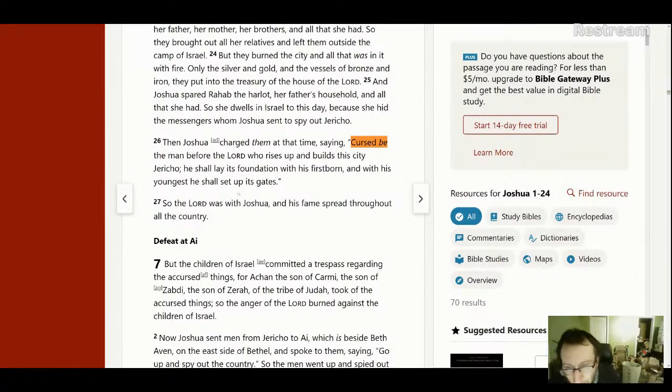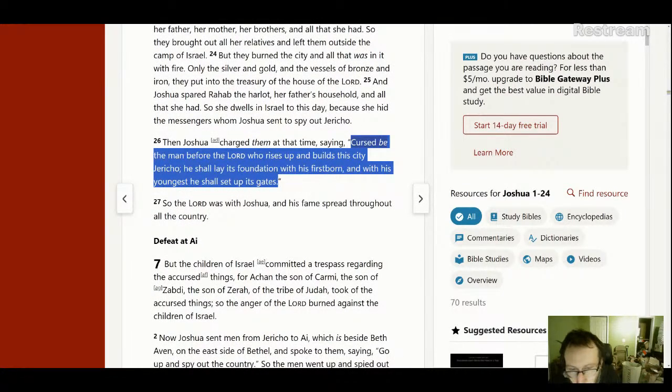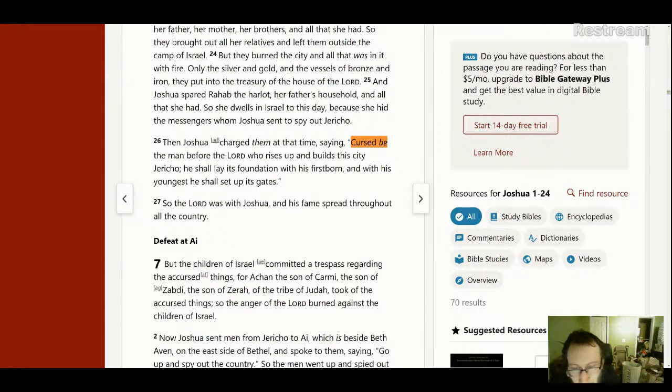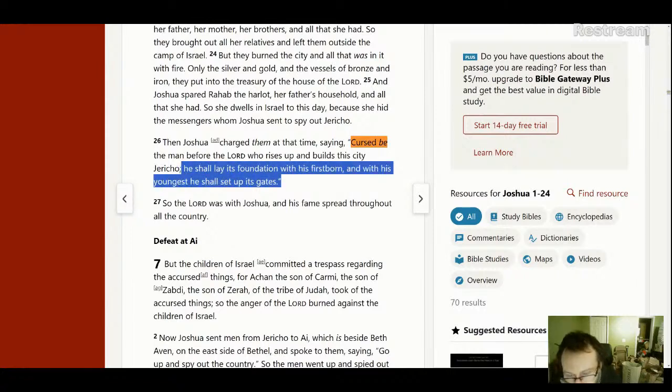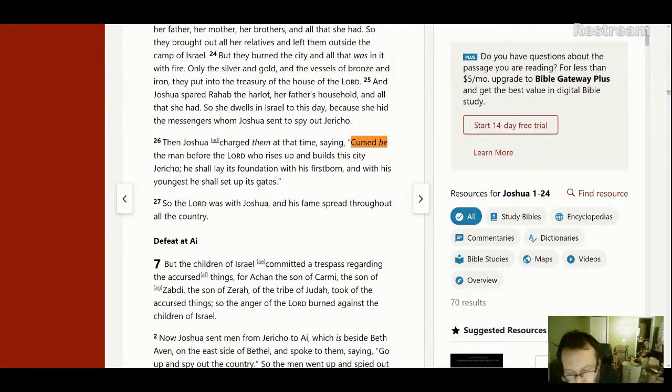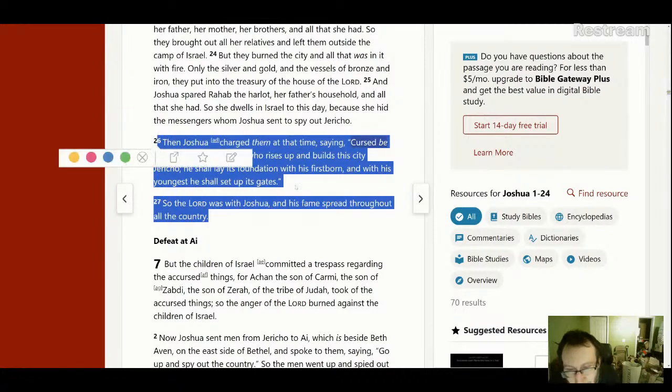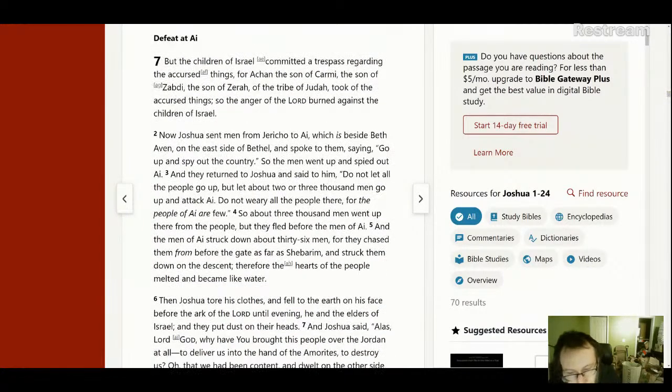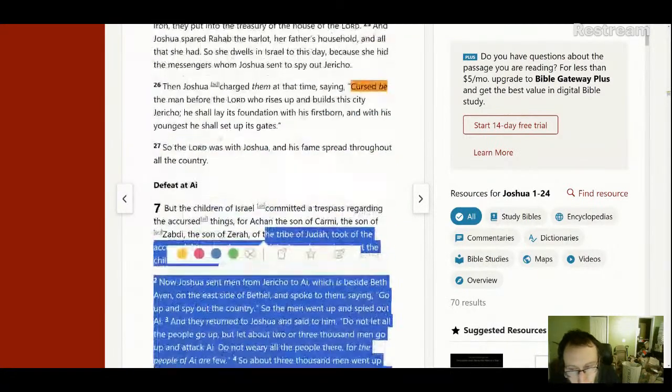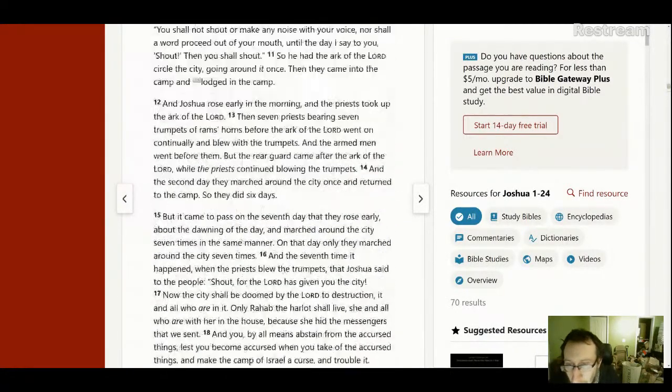So the Apocryphon of Joshua has a psalm that Joshua sings after they have victory over Jericho, and then he has a lengthy curse. It says, "Cursed be the man who does this," and then it gives a long prophecy of when this will happen, how this will happen. So this one little thing we see is it was significantly longer in the Apocryphon of Joshua, and if that's longer there, then probably the rest of the book too was a longer version of Joshua, a much longer story.